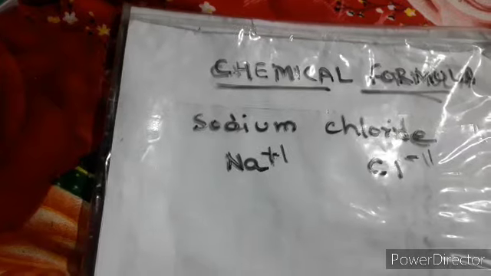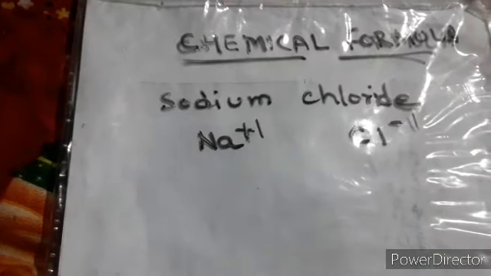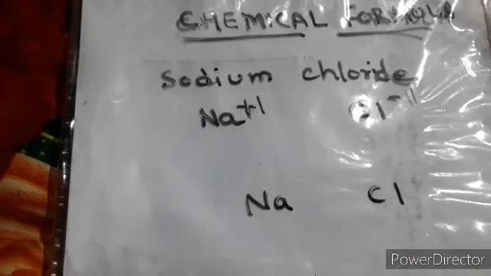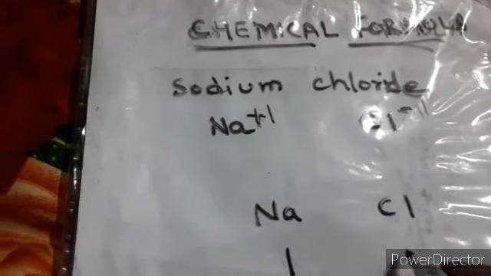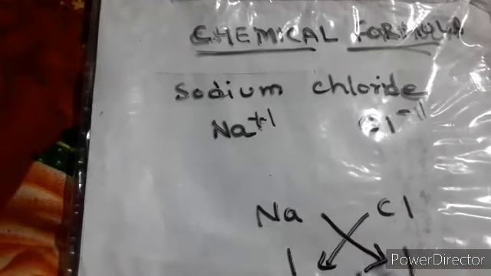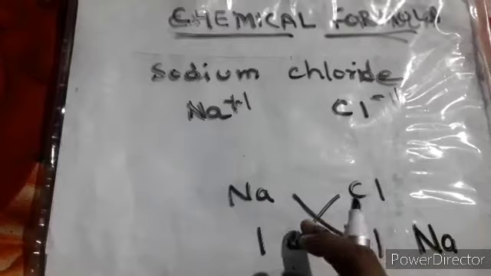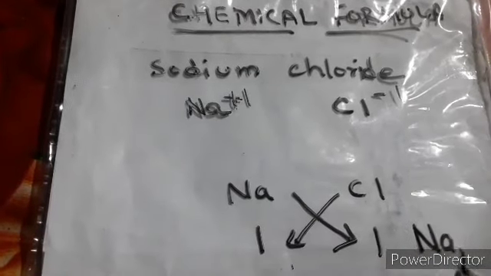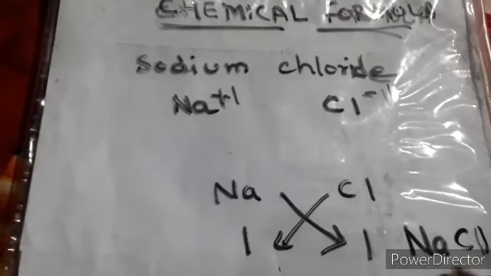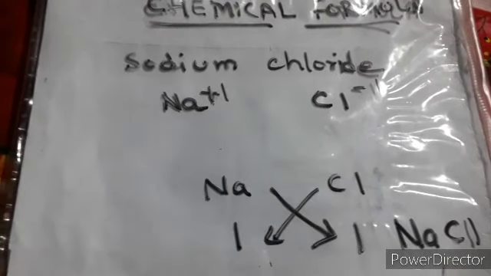And for the easiest way, what I do in my case, like in books there are very different ways of explaining, but what I keep in mind, I simply put the symbols for the particular elements and I put their valencies down, right? Its valency is 1, its valency is 1, and I simply cross multiply these values, and whenever you multiply with 1, you get the same thing. Like if Na is multiplied by 1, you get Na only. No need to write down 1 over here, it's a wrong concept. Simply write down Na, and when Cl is multiplied with 1, Cl, so you get the formula for sodium chloride: NaCl.